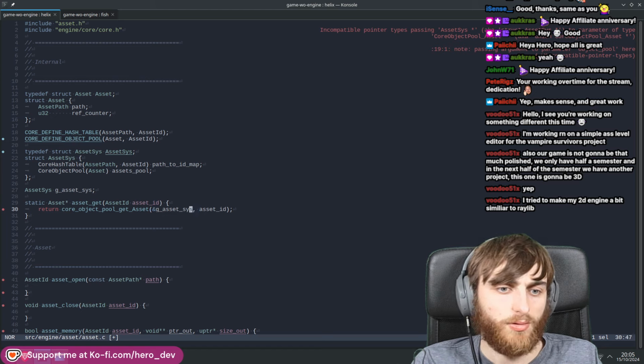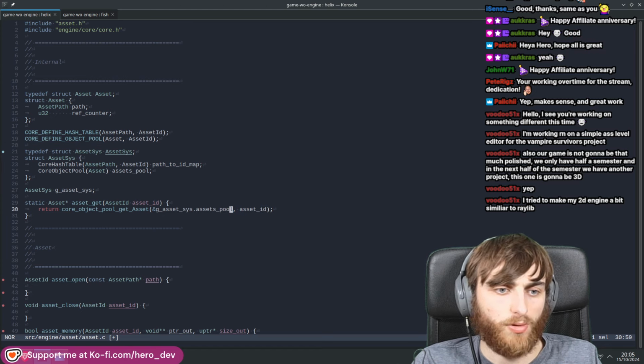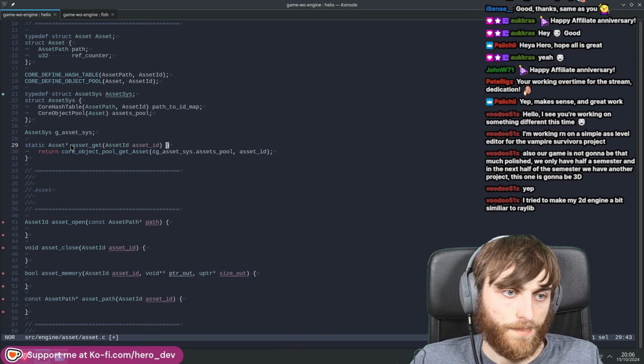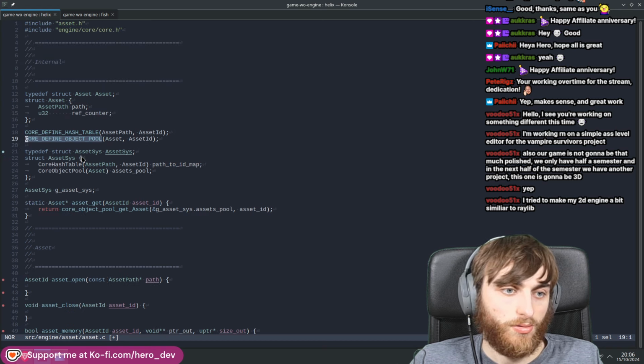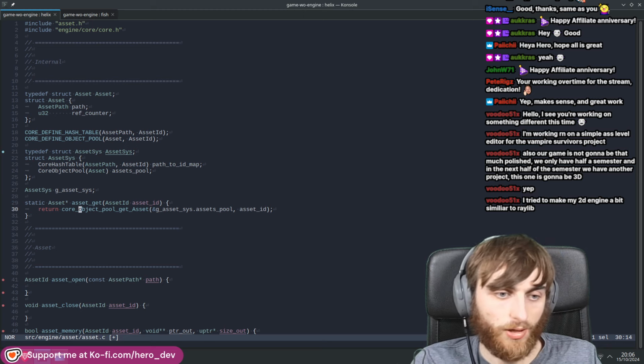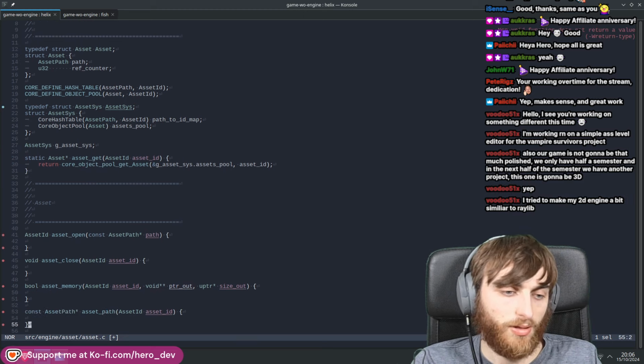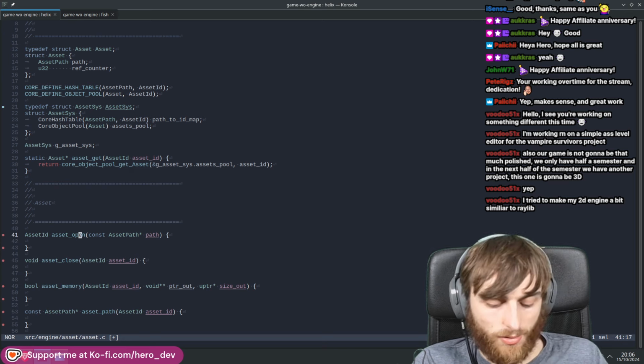Yeah, so asset pool. Right. So this just ends up being able to be typed out a lot quicker and easier whenever we want to get an asset. So the thing is though, do I need to change it now? I think I need to. We need to know if it exists. And if it doesn't exist, oh